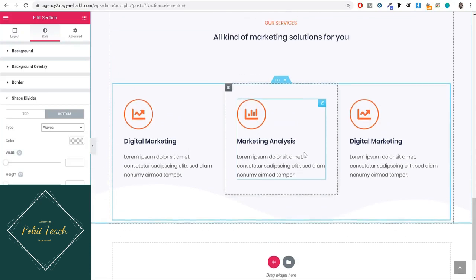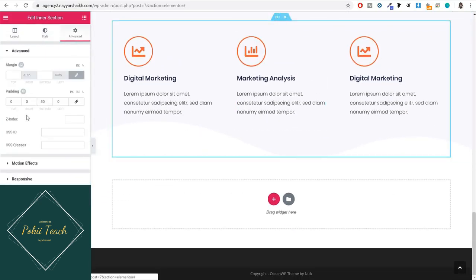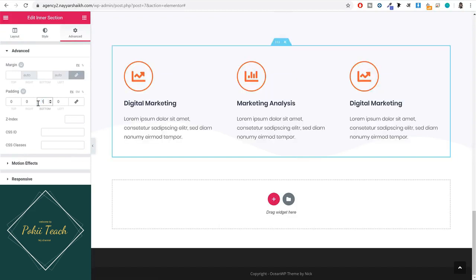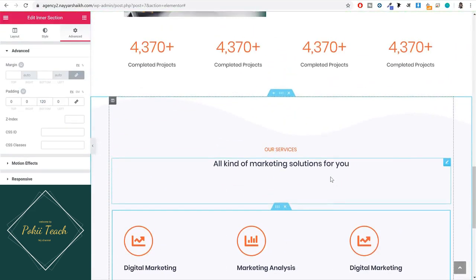And for bottom also I want to increase some more padding, so I'll click on this inner section. Earlier we had 80, I'll make it 120. Okay, bottom padding, now click on update. So this is how this section will